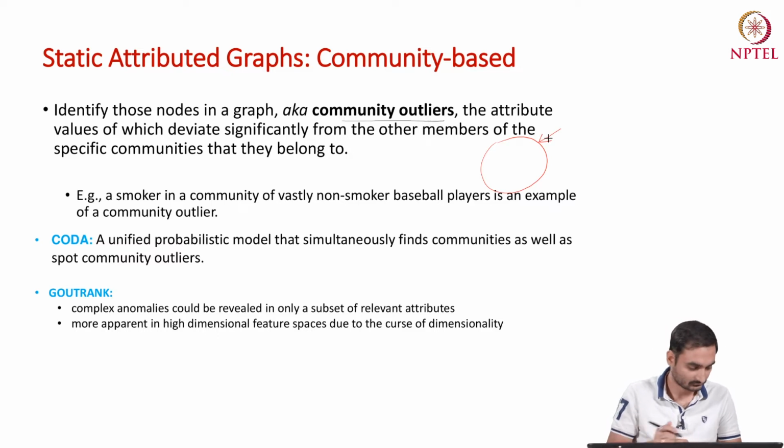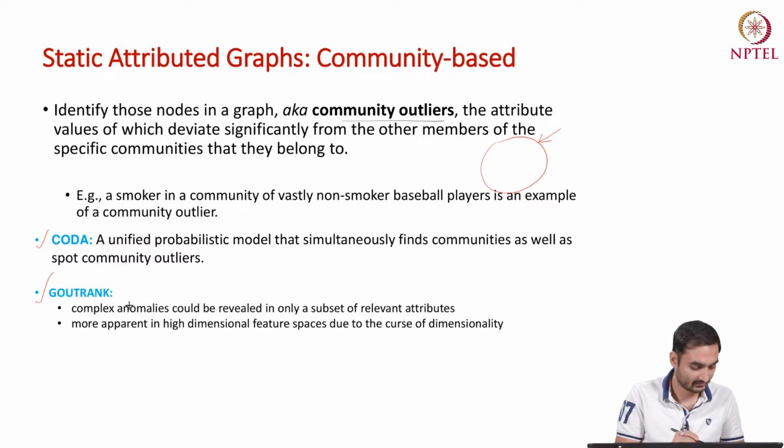So these two algorithms, the first one is CODA. What it does is it is a unified probabilistic model that simultaneously finds communities as well as outliers from a graph. In fact, all the algorithms that we consider identify communities and outliers side by side. The second one is called